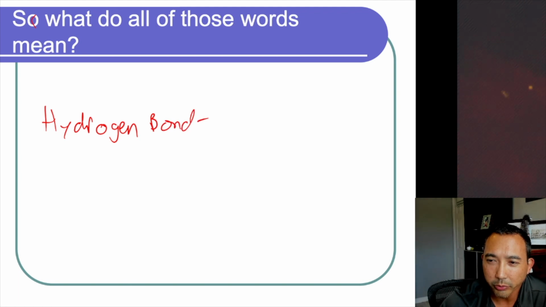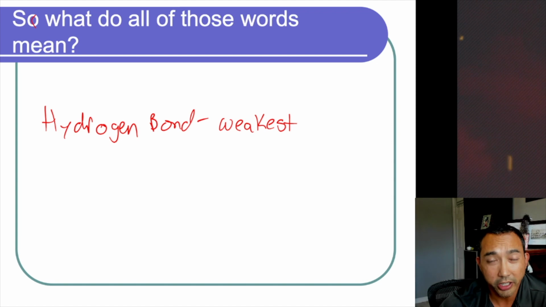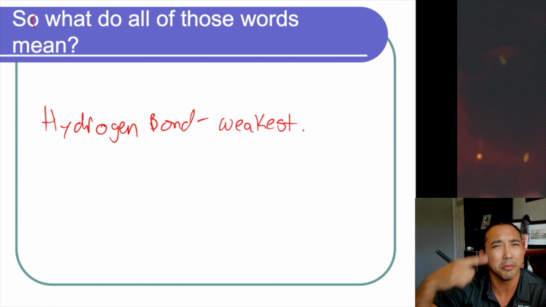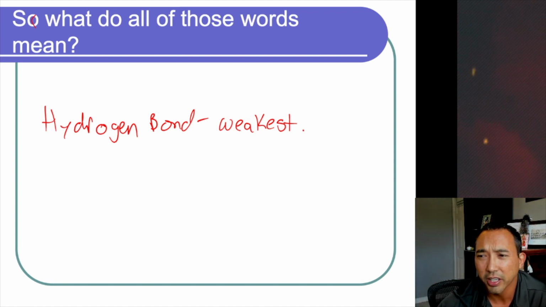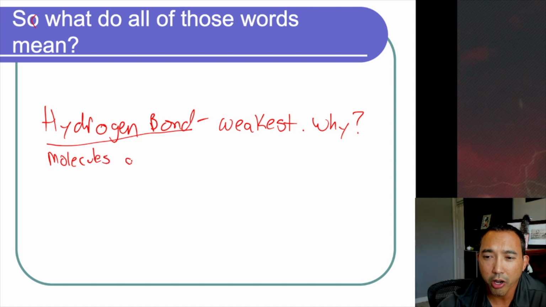All right, we know it is the weakest. So if you want to put it in your little chart, I like that little chart. It makes it easier to remember and see. It's the weakest bond, right? The hydrogen bond is the weakest. And why is it the weakest? It's because, remember, the molecules are